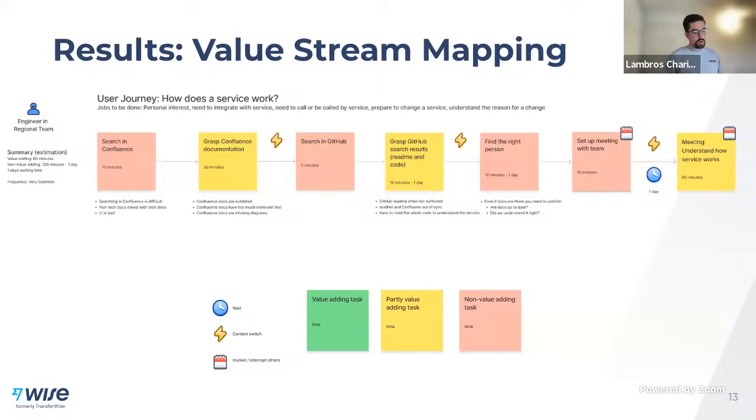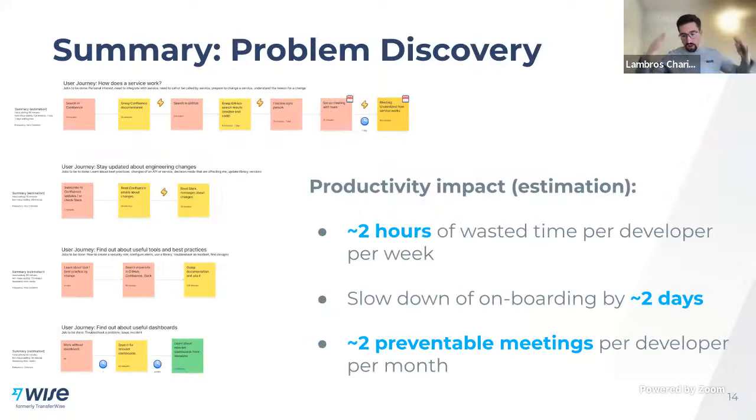Yep, this was what we did. So we did this for all the personas and journeys. I think we maybe had at the end around 10 or so value stream maps. For instance, stuff like, it's really hard to stay up to date about news in engineering, changes that affect me, right? Another one is finding out about any useful tools, as you saw before with the newbie, right? Or another one is around finding out about maybe dashboards that are relevant to me, that are new, and so